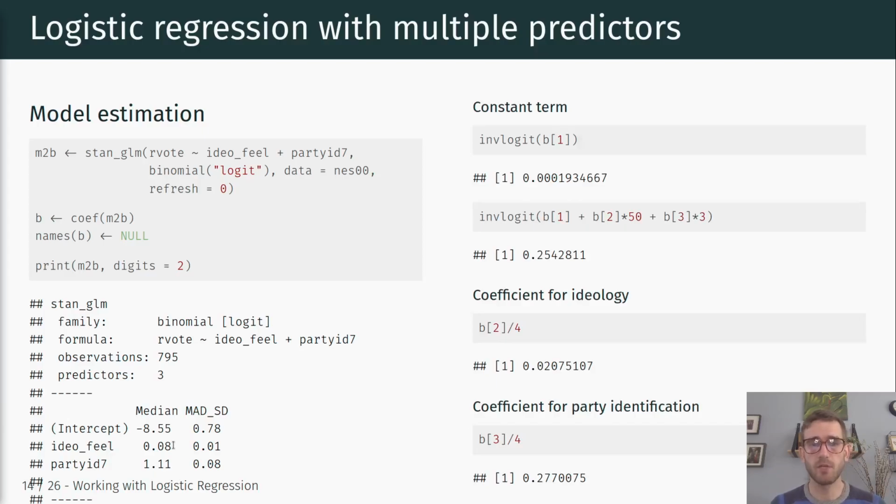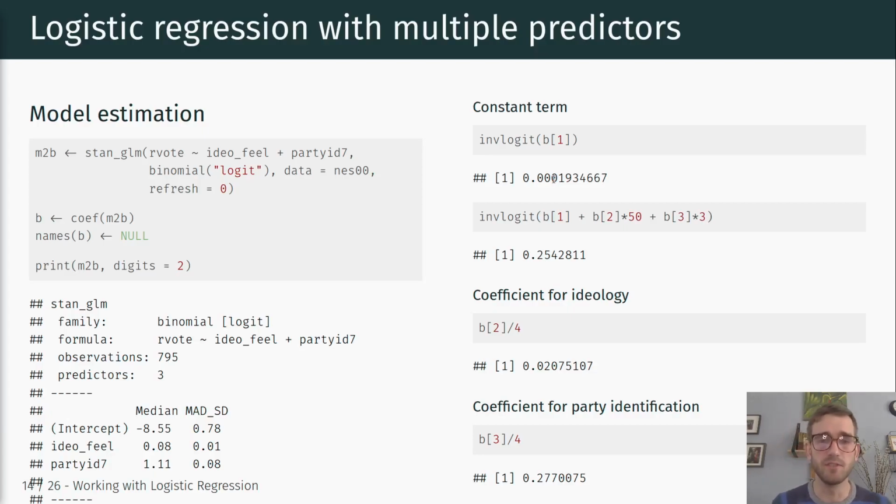Okay, and we talked about a couple of those rules in order to evaluate these coefficients directly on the probability scale. If we want to compute the baseline probability associated with the constant term, so basically the predicted probability if all predictors are equal to 0, we have to take our intercept and plug it into our link function, which in our case is, of course, the logit link or the inverse logit. So if we take our inverse logit function and plug in our intercept, we get a probability of